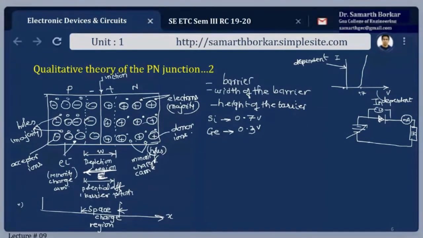Fine. Initially, I start from 0 volt. There won't be any current conduction. Electrons will travel if I connect P to positive and N to negative. So the conventional flow of current will be what? It is always shown from plus to minus. This is the conventional flow of current.